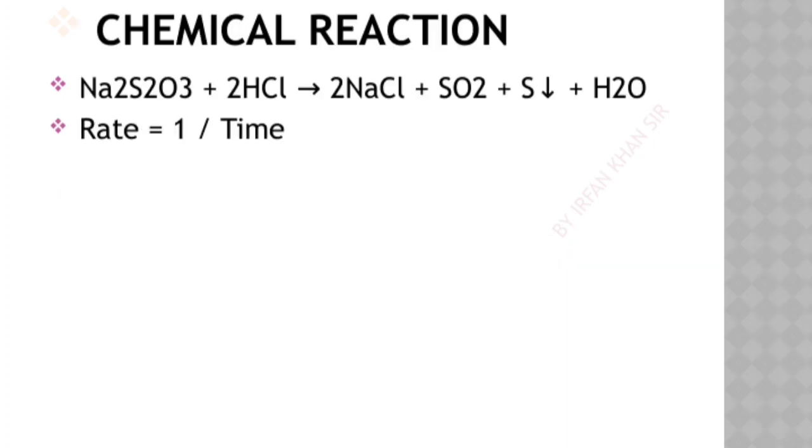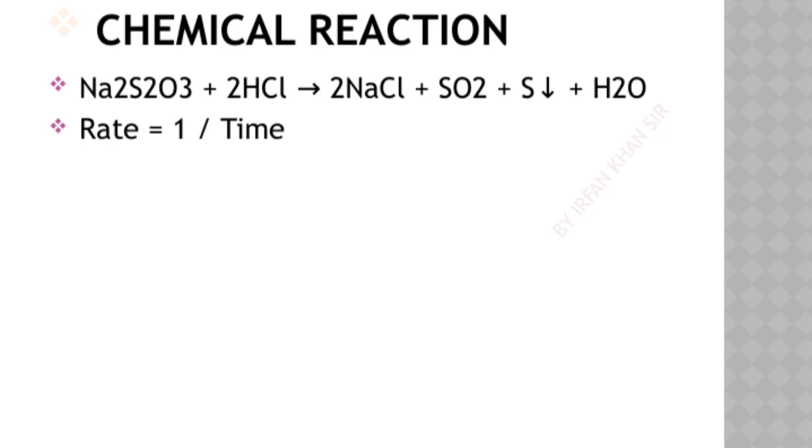Let's take a closer look at this chemical reaction. Here, sodium thiosulphate, Na₂SO₄, reacts with hydrochloric acid, HCl. The reaction produces sodium chloride, SO2 gas, elemental sulfur, and water. An important thing to note is the downward arrow next to sulfur, which indicates that sulfur precipitates out of the